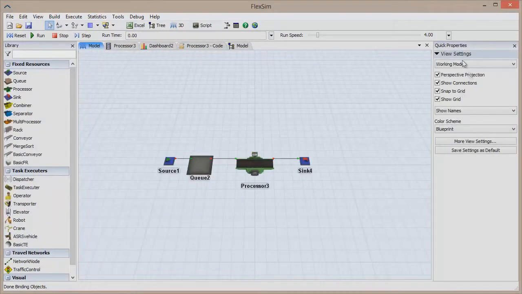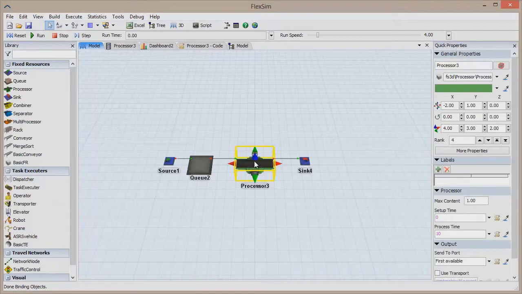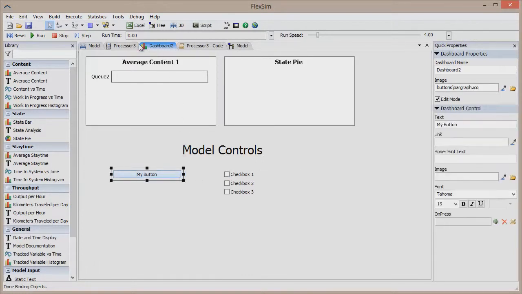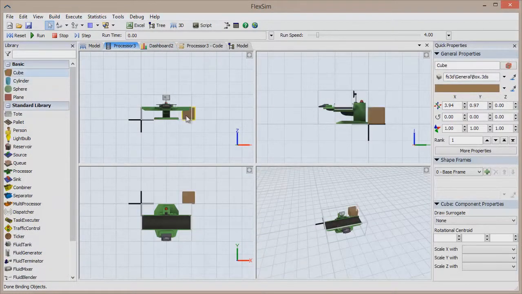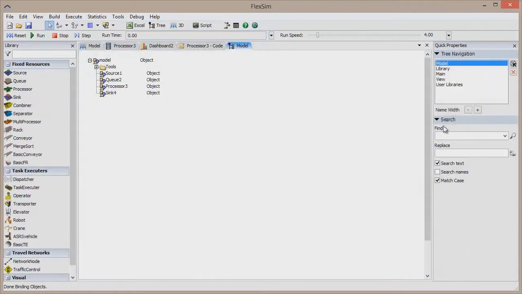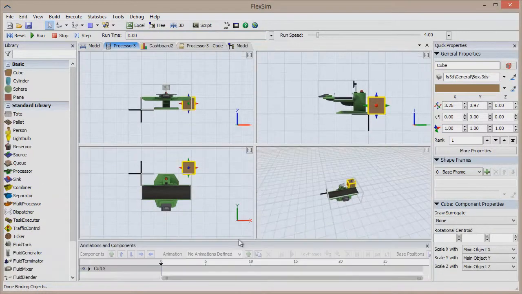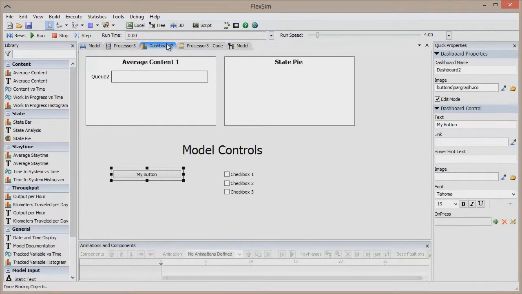The right pane is typically a properties window for the active object, item, or view. Using this convenient new pane, you can quickly edit a processor's process time, labels, or shape, a dashboard's properties, an animation component, and even search within the tree. The center panes are for tools and views, including the model view, animation creator, consoles, and dashboards.